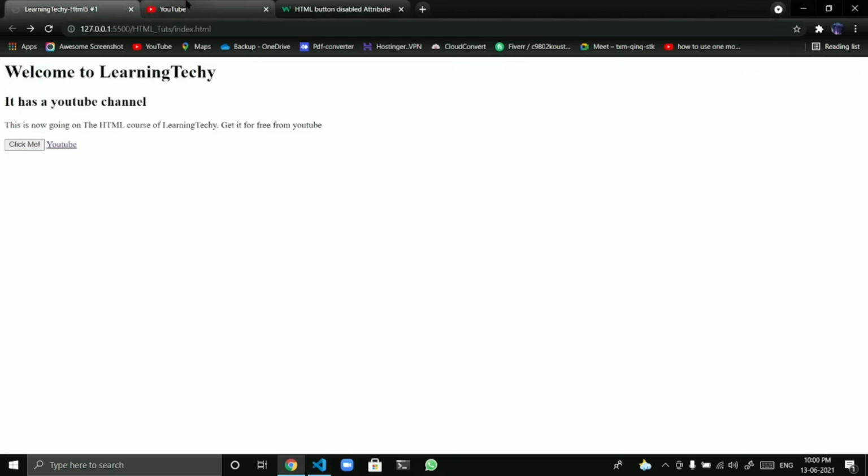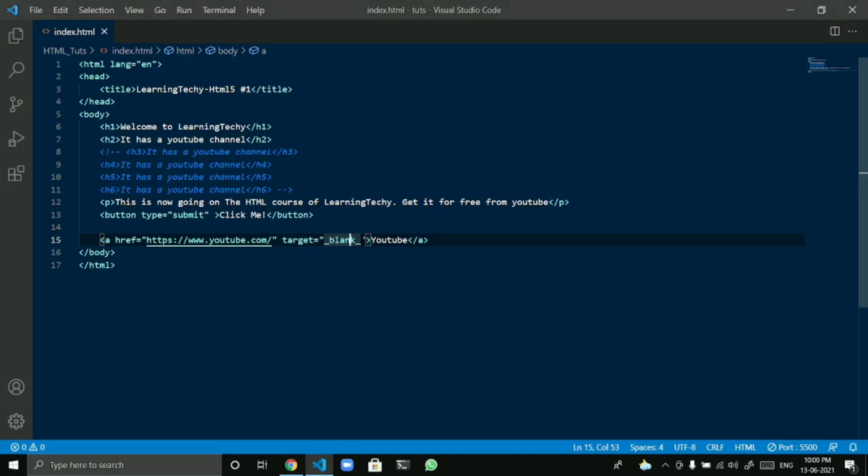Okay, so let's see that. Yeah, you can see that it's opening YouTube in our new tab, and this is it, the target and the blank. You can use it, and you can see that it is very powerful. I can use many other tags like just shift alt and the down arrow key,